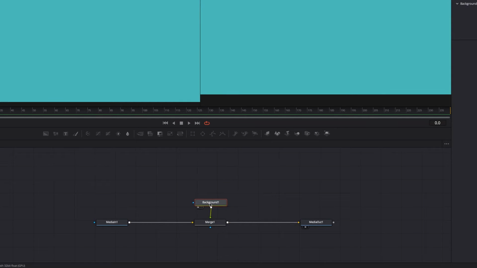what's happening is our media is coming in and getting merged with this background graphic, and then the output is the background graphic completely covering it. That shouldn't be a big surprise, but that's what's happening. So now what we're going to do is cut out a piece of this background graphic to ultimately make our